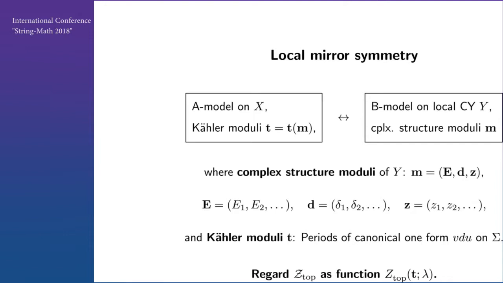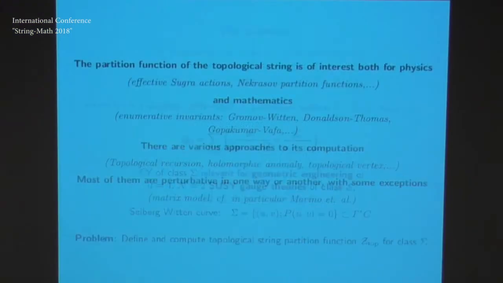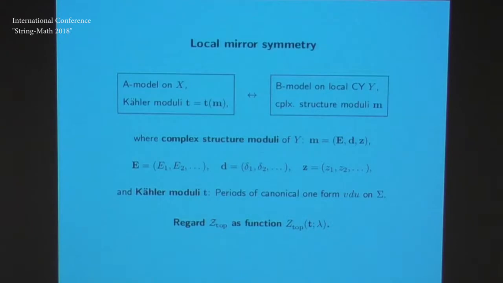There is a mirror dual to that, which is called X. The parameters here are the deltas, the E's and the Z's. All this is now collected in the complex structure moduli, that is the tuple of all these variables. So these are the complex structure moduli on the B model side, and